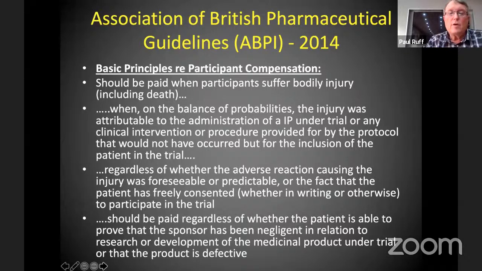And it should be paid regardless of whether the patient or participant is able to prove that the sponsor has been negligent in relation to research or development of the medicinal product under trial, or that the product is defective. So there's no admission or proof of fault. It's purely that there is compensation for injuries that participants may get on a clinical study, and this is quite important. This is over and above the individual